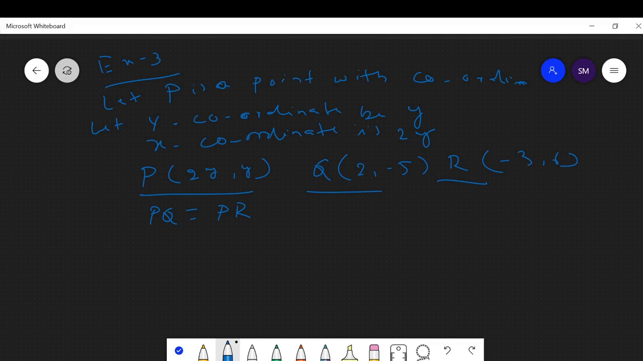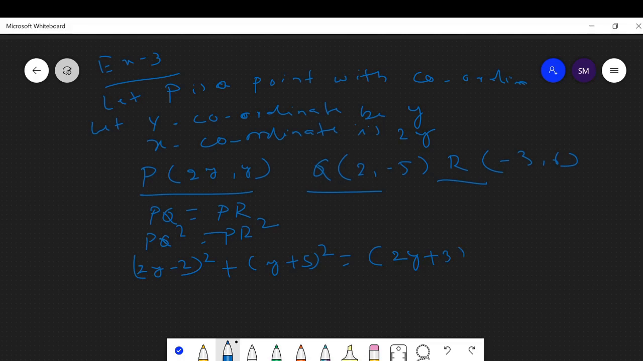This means PQ square is equal to PR square. Then by applying distance formula, we get that (2y minus 2) whole square plus (y minus 5 minus 5 plus 5) whole square is equal to (2y minus 3